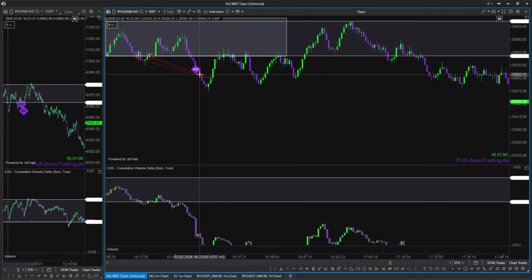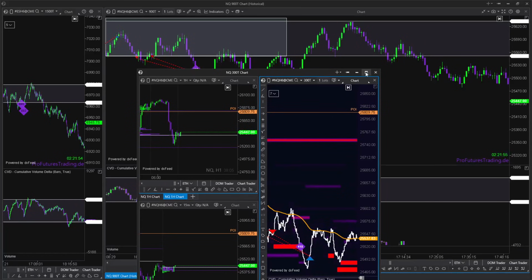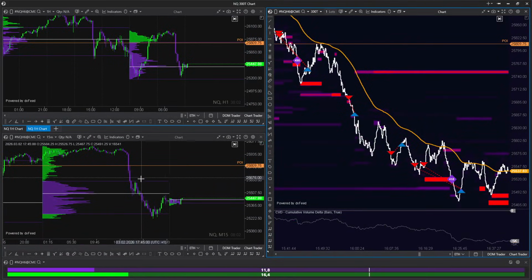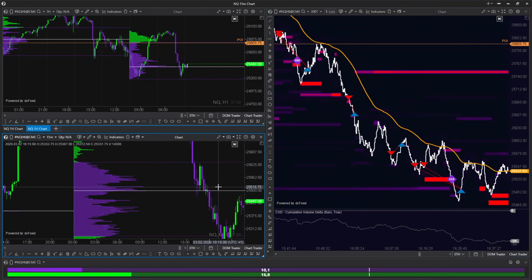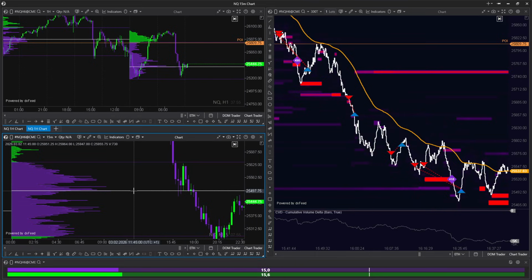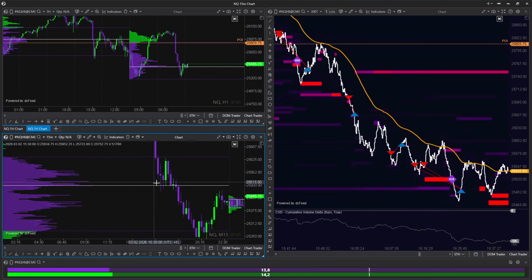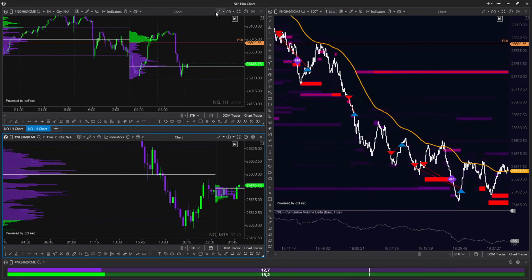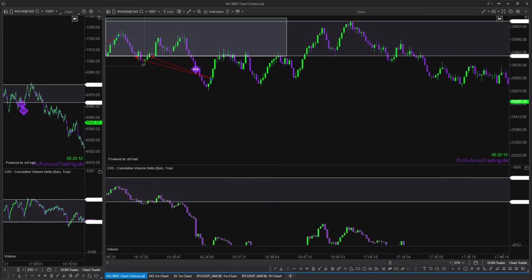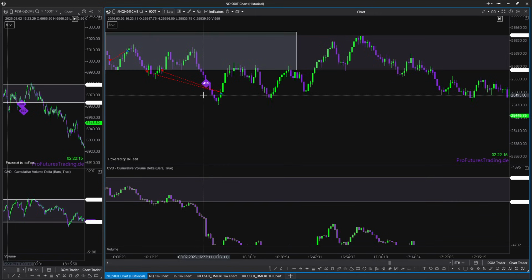And when I look at my 1 hour chart or my 50-minute chart, let me show you. The target was this low here at this point, or this high volume node here, which is the POC right now. So that's why I took the trade and exited really quick as well, because I don't want to get in trouble,